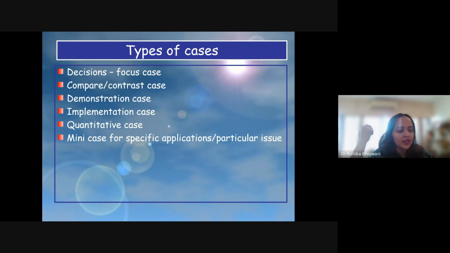Implementation case focuses on execution of a decision already taken. In that company the decision is already taken. Now how to implement, that's the dilemma. That's an implementation case. Let students come up with their action plan, timeline, and challenges. For example, the old traditional company, having high level